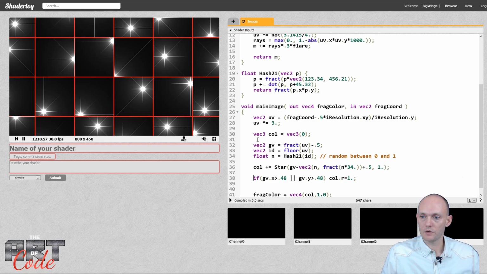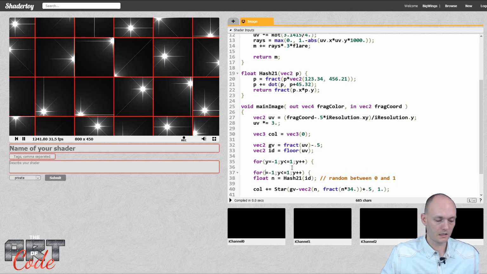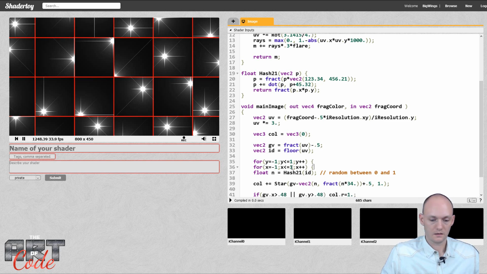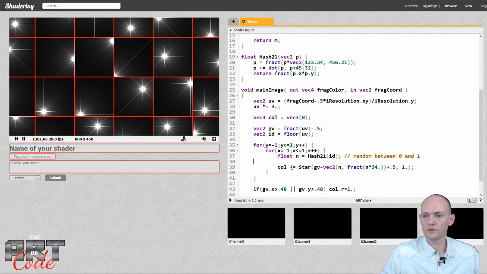And so for that, I'm going to go over here. I'm going to say for y equals -1, and then y is smaller than or equals 1, and then y plus plus. So this y is going to start at -1, and then the second time around it's going to be 0, and the third time it's going to be 1. And I'm going to do the same thing for x. I'm going to stick that in there, and close my loops. Okay, so now I have a loop that loops 9 times,